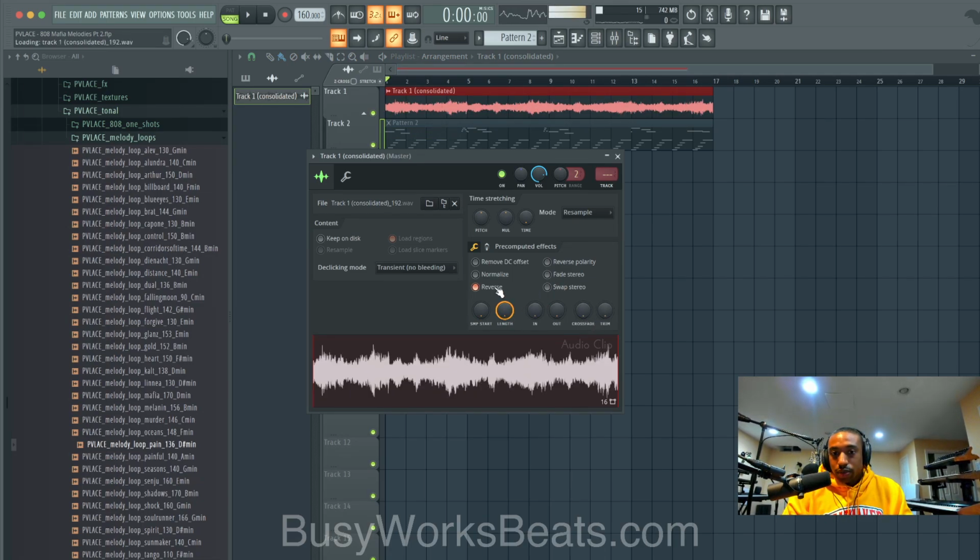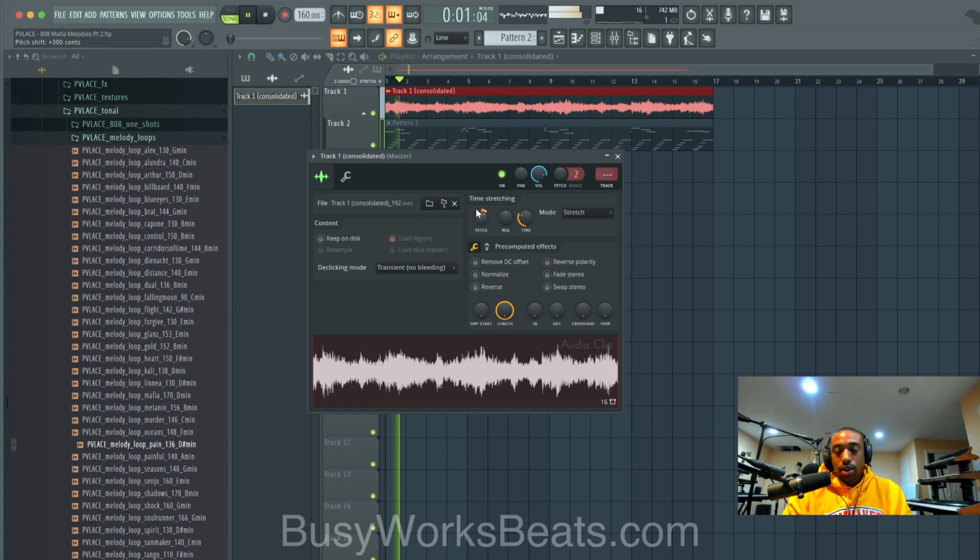What you could do from here is reverse, which doesn't really do a lot. Or you could go to mode, stretch mode, and then mess with the pitch. You could pull it up 300 cents, down 300 cents. I'm reading the value in the top left. You can speed it up now that we have it on stretch mode. You can up the tempo. So now it has a whole different vibe.